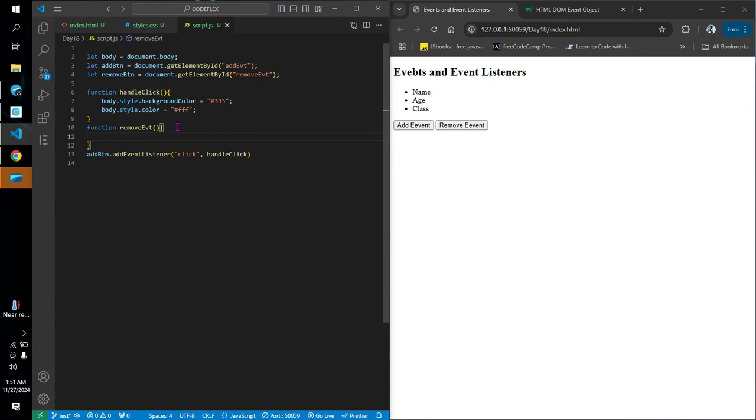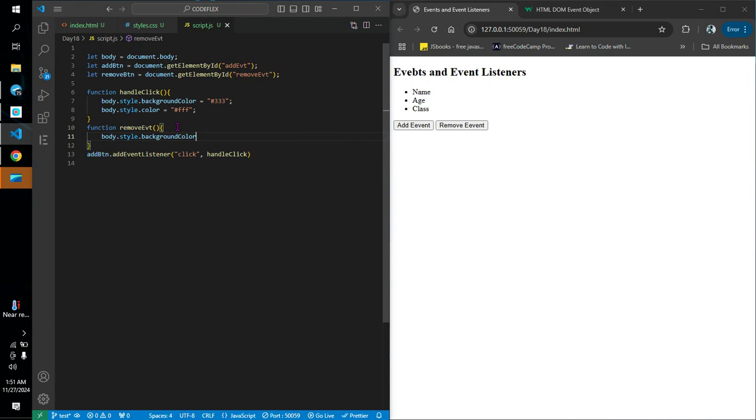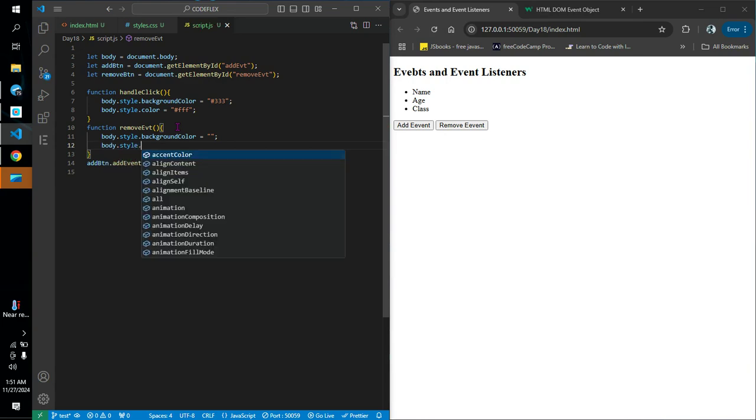And when this function runs, I want to get my body, give it a style, background color, equal to empty string, and body style color, so equal to empty string. So we have this,